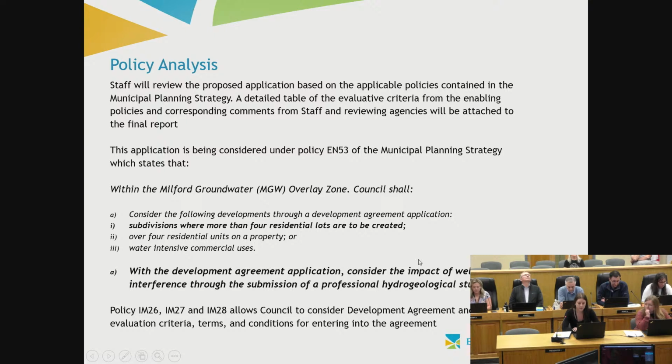And as part of that policy, shall also consider the impact of well interference through the submission of a hydrogeological study, as well as policies IM 26 through IM 28, which outlines the evaluation criteria, terms, and conditions for entering